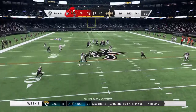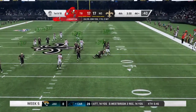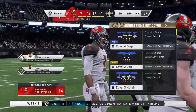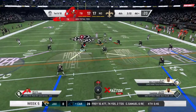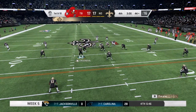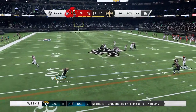Winston now to throw on 1st down. He finds Howard, complete. And taking it across midfield and inside the 45. That's good for a Buccaneer first, a pickup of 12 yards. So in Saints territory now. Here's 1st and 10 at the 44-yard